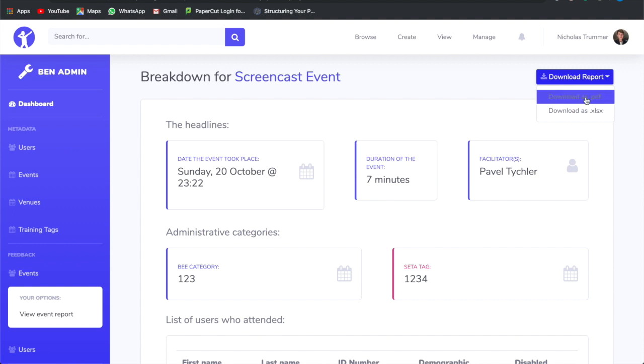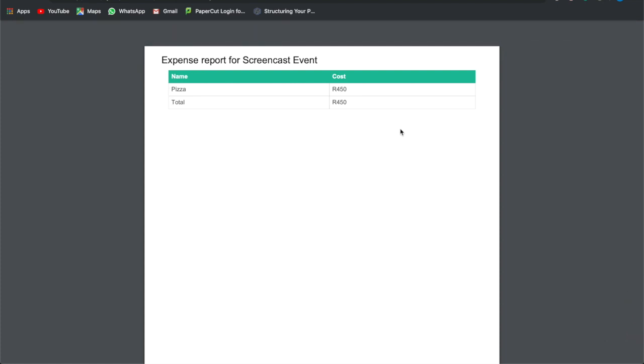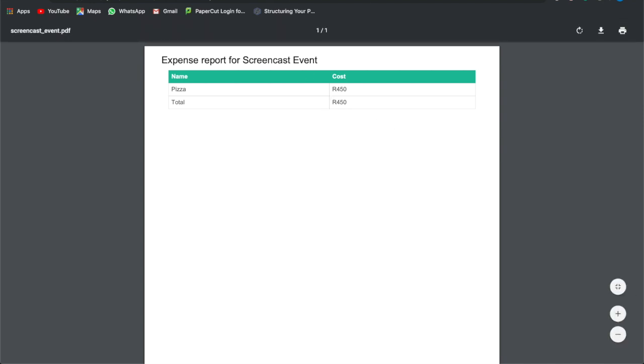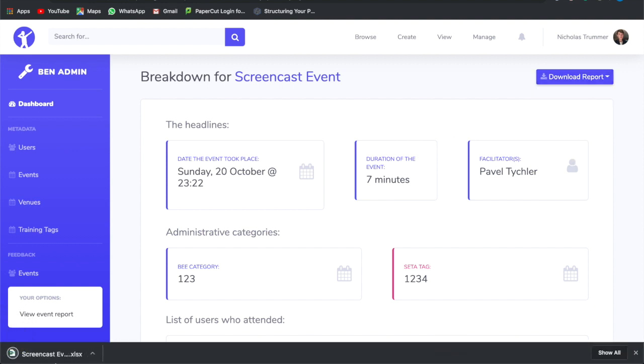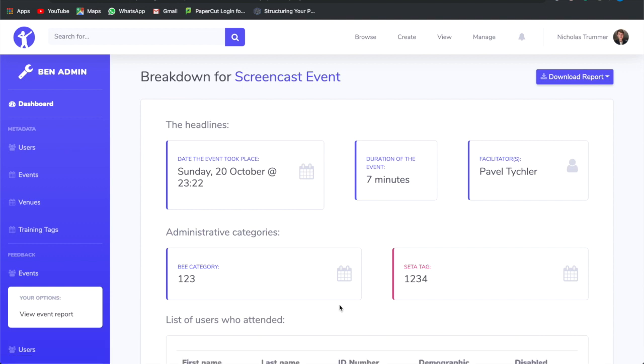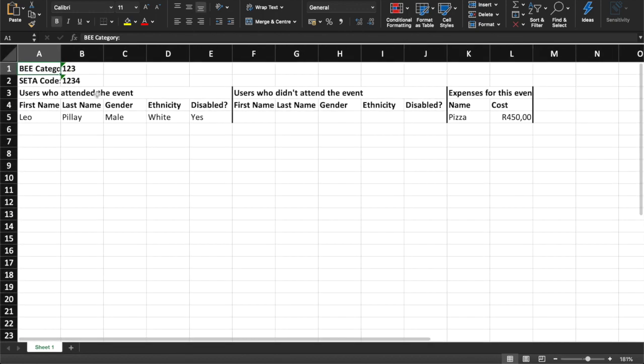Then this can be exported as PDF. PDF gives us a cost breakdown of the event. This was specifically requested by the sponsor, so that's just for future reference, that they have it in a PDF, they can share it in a meeting. Then we can also download a spreadsheet. The spreadsheet is the actual BE and CETA report. This helps admin at the company just get through their work quicker, less manual data input. Everything is there that you need, your associated codes, users who attended, users who didn't attend, and the list of